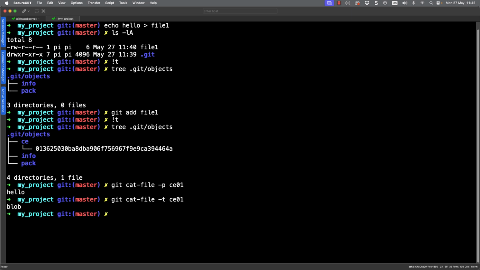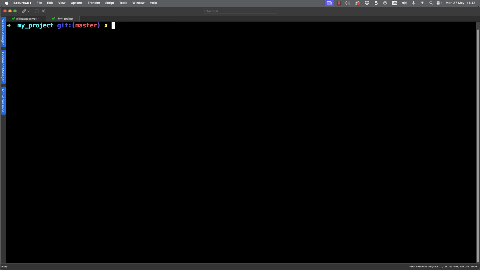We can look at its type and we'll see that it is indeed a blob, but we'll see there are other types of objects that are going to be created. So it's a file in the file system, but it's not accessible through Git until we have a tree object. The tree objects are the entries in our directory table for Git. So we've added the file, but without a commit, we don't have the extra ancillary objects. So let's clear my screen and then run our git commit.